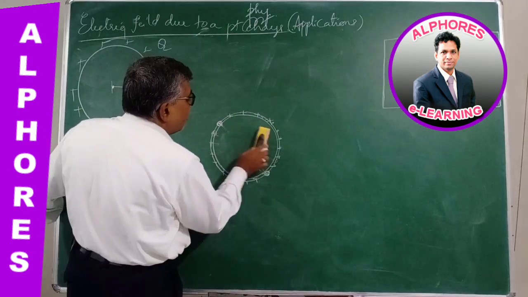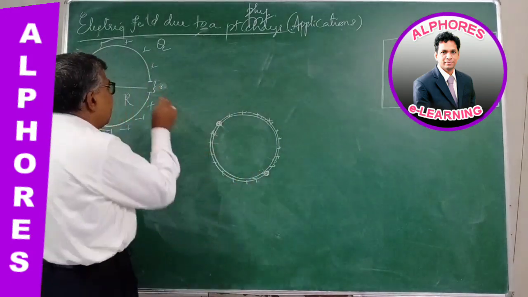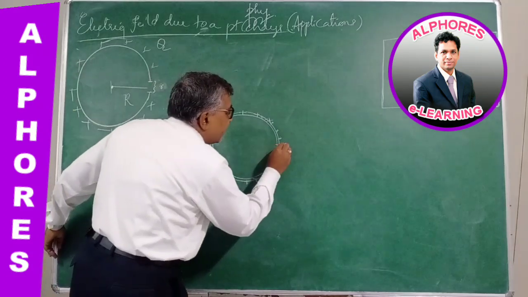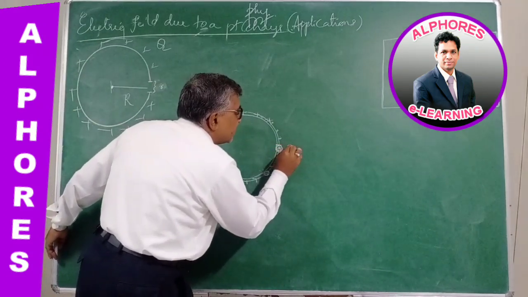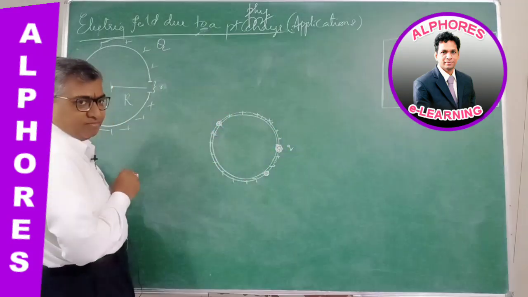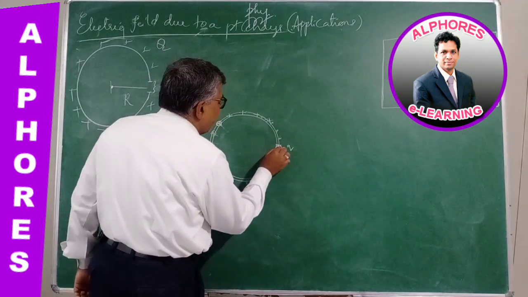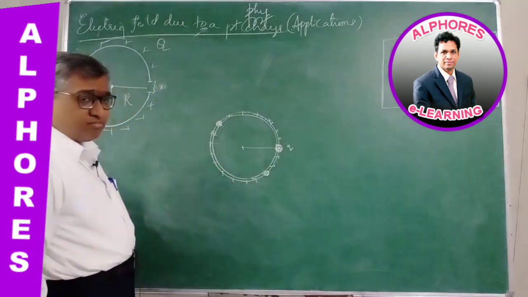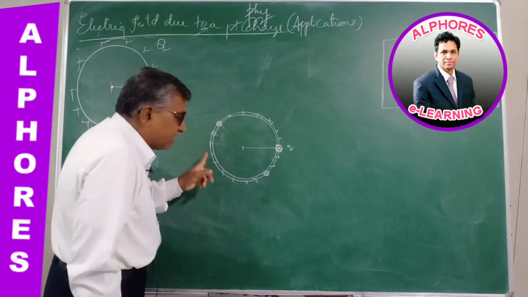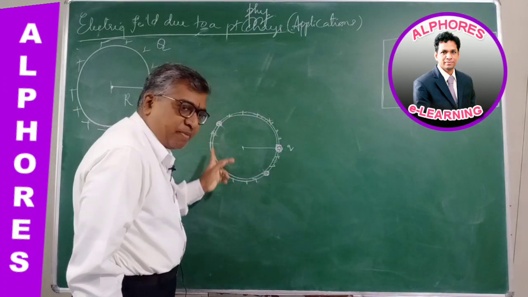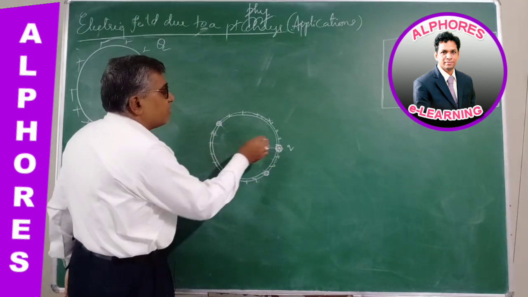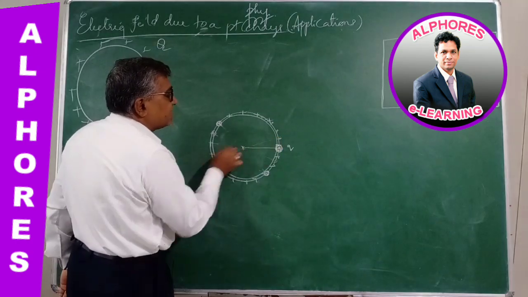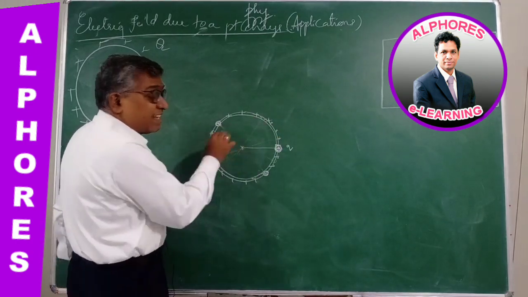Now a small part is being removed. Let this small part be somewhere here. Its charge is, let us say, small q, and the distance is small. So if the ring is completely charged, with the total part of the ring existing, then the total electric field is 0, because all are cancelled.